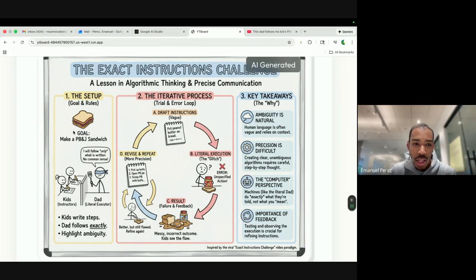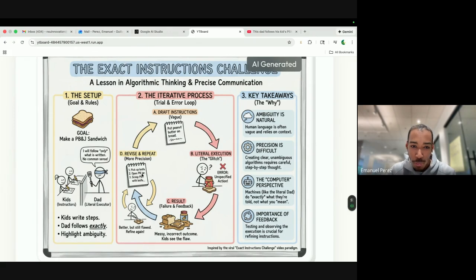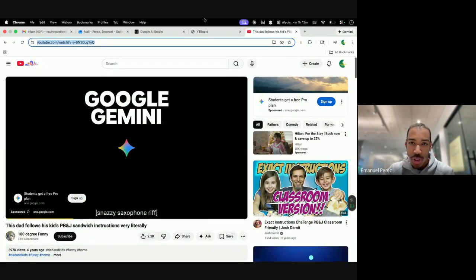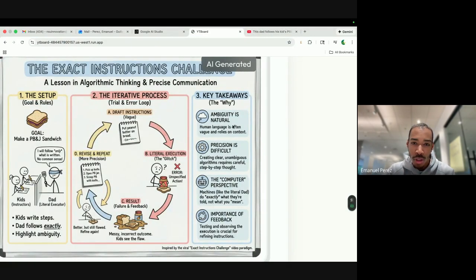We have how to make a PB&J sandwich. We have the kids that were in the video. And we have the exact instructions. Looks like it didn't list out. Oh yeah, looks like we have here: pick up knife, open peanut butter jar, spread peanut butter with knife, and put the peanut butter on bread. And if it's not a specified action, this can result in failure. So I think Dad's methodology that was in this video, it took that bar for bar.